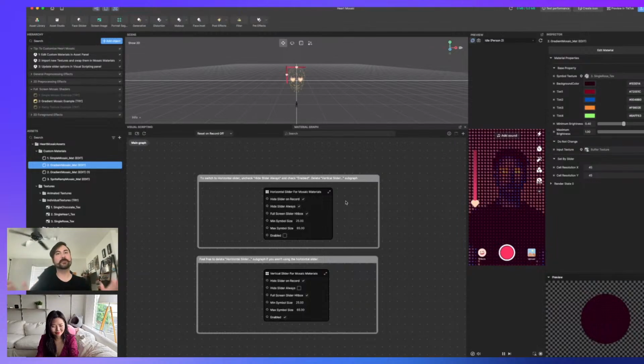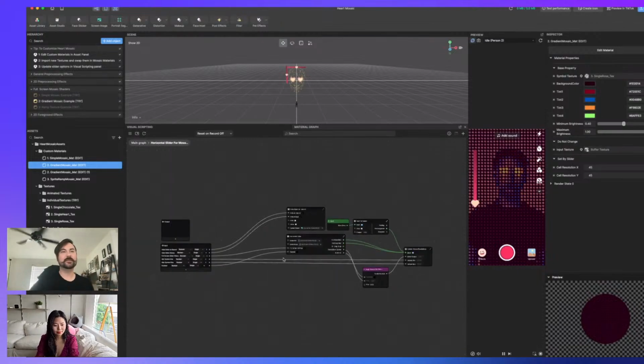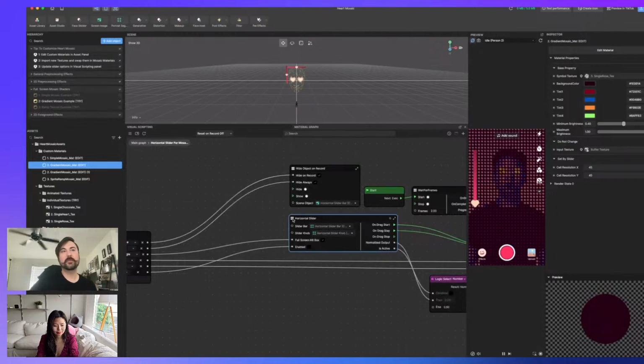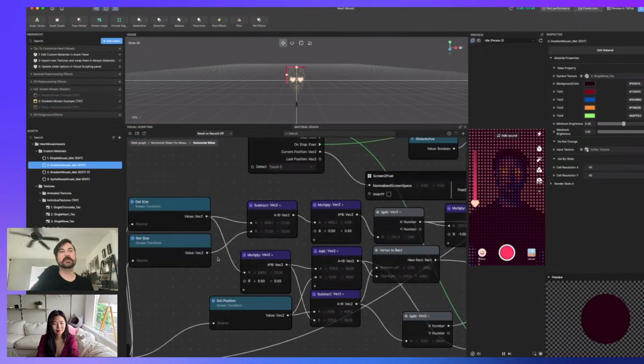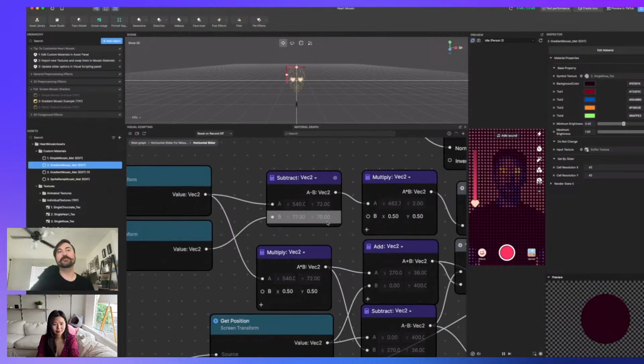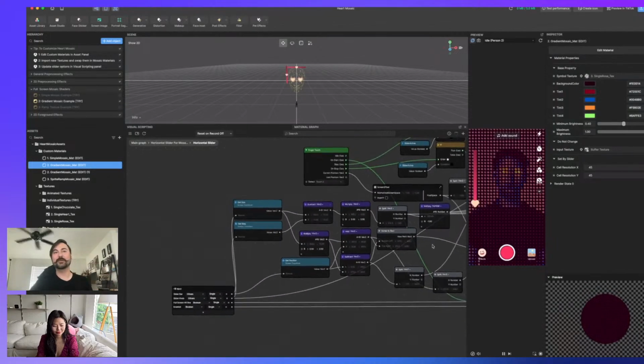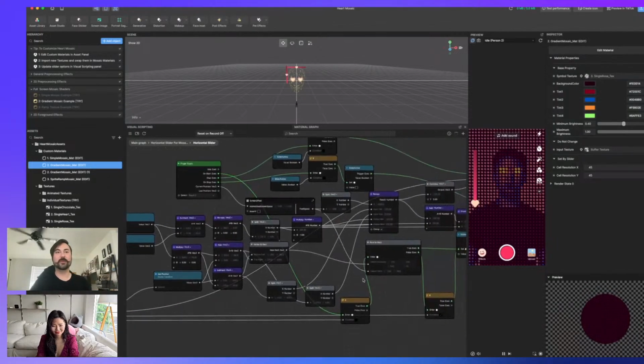Yeah, and when I was testing this project, I was like, this is vital to picking the size that you want and testing it out. So there's the horizontal slider and the vertical slider. The main reason for this is because the simplest way to make the two different ones was just to replace the X and Y coordinates in a lot of this subgraph.